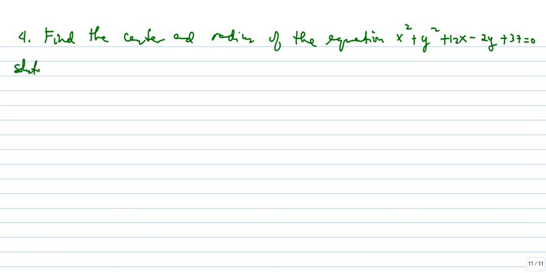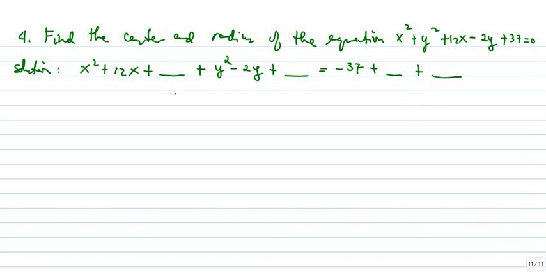So we have here our solution. x squared plus 12x plus a certain value here, plus y squared minus 2y plus a certain value here, which is equivalent to this 37 will be transferred to the other side. That means this becomes negative 37 plus a certain value plus a certain value. Okay, because we add two values on this side, then we will also add two values on the other side. So again, when we write this one as our perfect square, take note